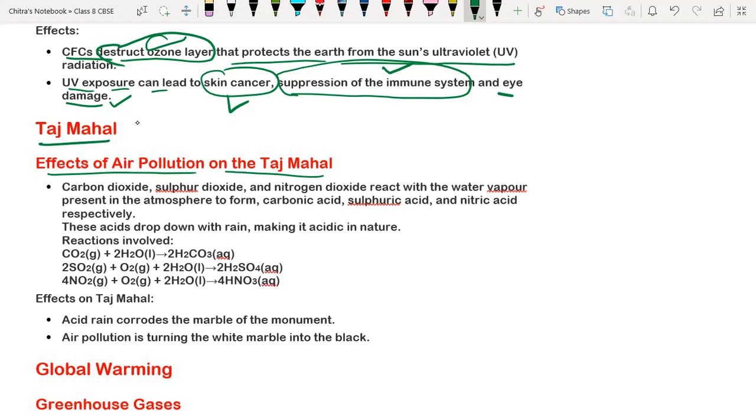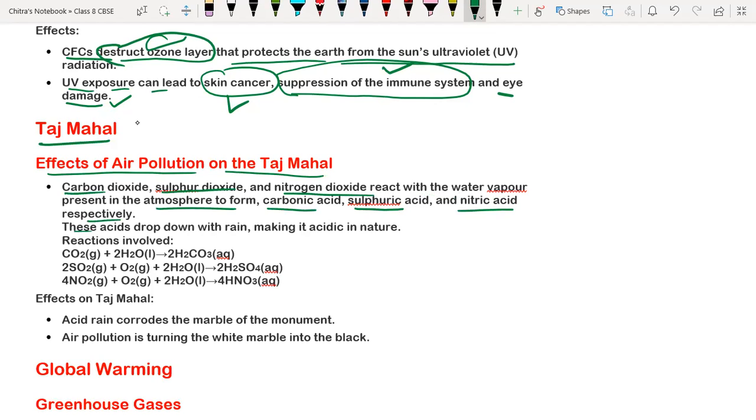It causes the loss of our monuments' priority, because due to air pollution, the Taj Mahal's shine is reducing every year. Carbon dioxide, sulfur dioxide, and nitrogen dioxide react with the water vapor present in the atmosphere to form carbonic acid, sulfuric acid, and nitric acid,